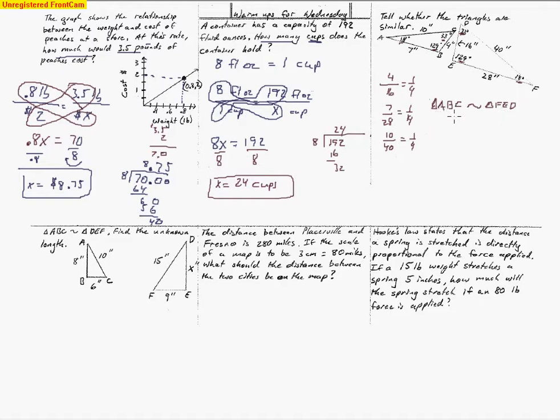So these two triangles are similar because the corresponding angles are equal, and the corresponding sides are proportional. And those are the key words that you have to use in order to explain why they are